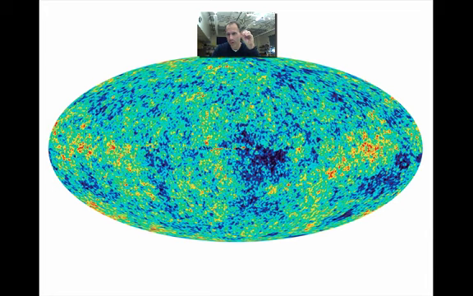And so what we understand, what we believe, is that in those places, that's where more mass is going to be. There's going to be more gravity. So eventually those blue spots will be the places where the first stars form and where the first galaxies form, that ultimately leads to the structure we see in the universe today.